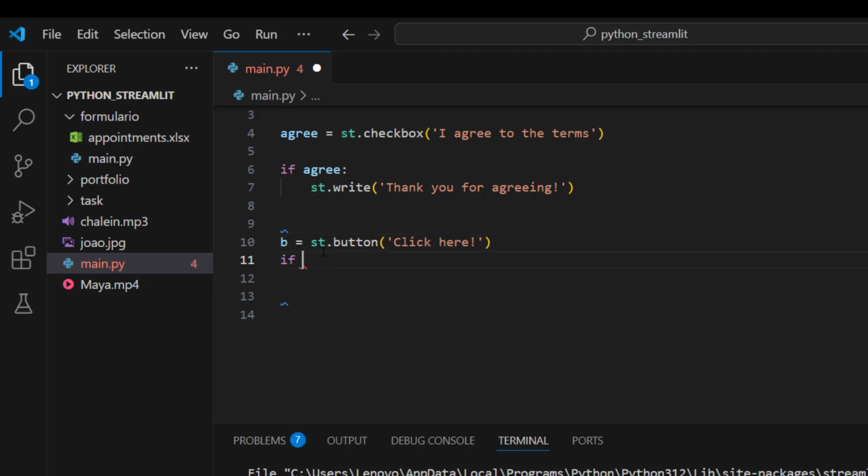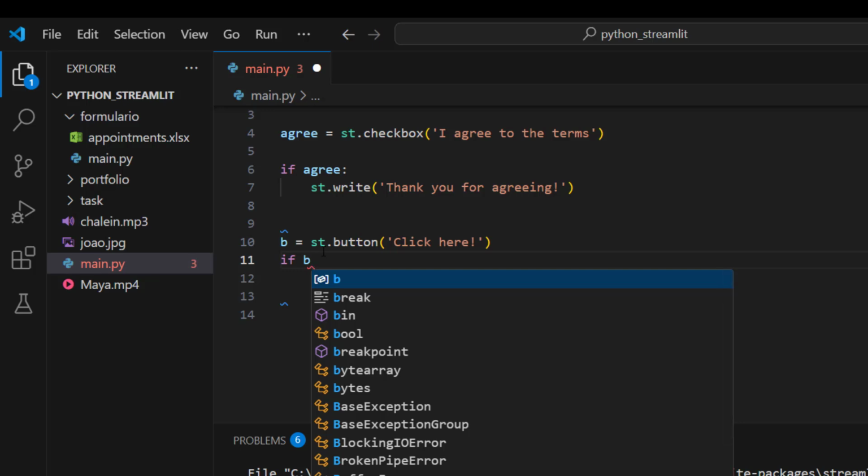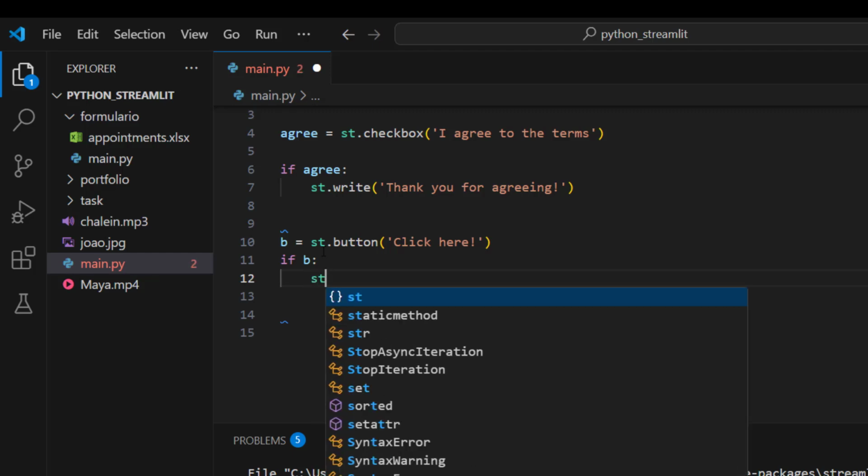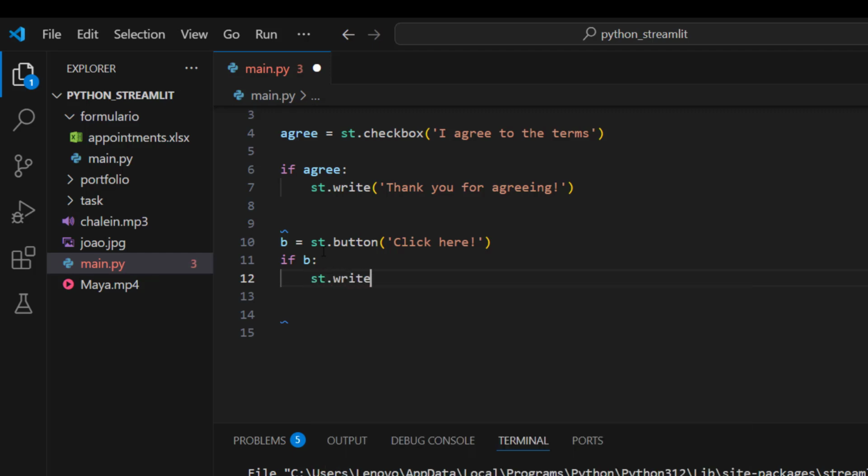For example, if b, then st.write, let's write something like "button pressed". Save.